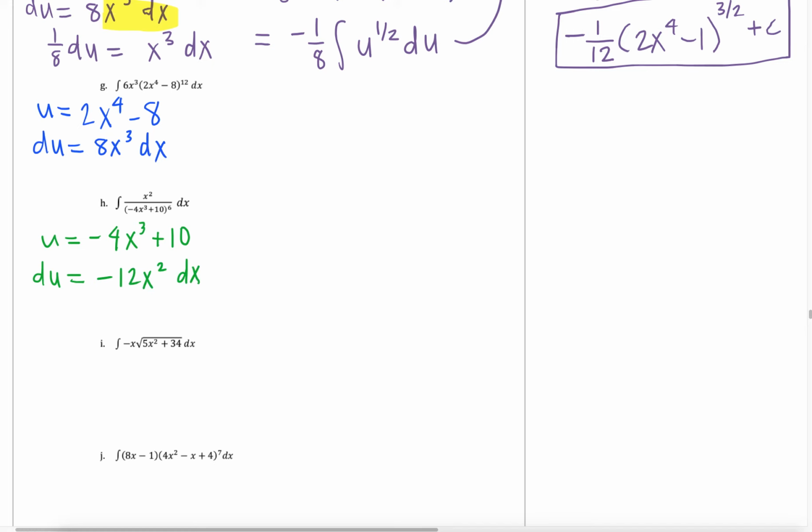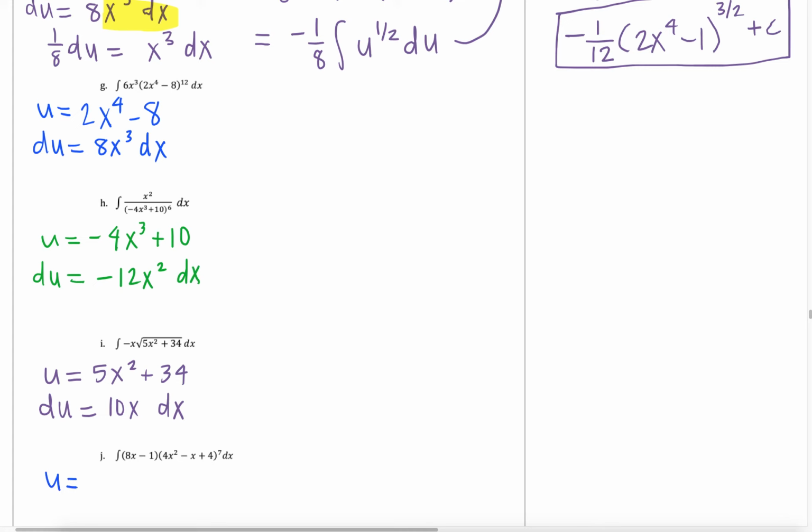Then for example I, I would again rewrite that square root as the 1/2 power, and we can see that our u will end up being 5x squared plus 34, which gives us a du value of 10x dx. And then for our last example on this page, we have a u that this time is a little bit trickier to decide on